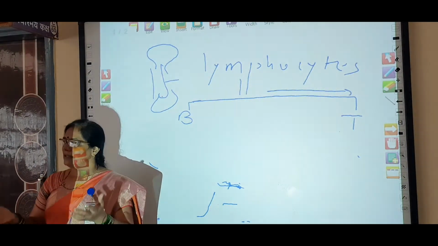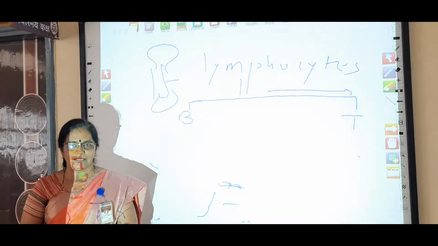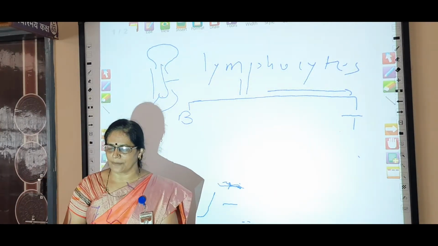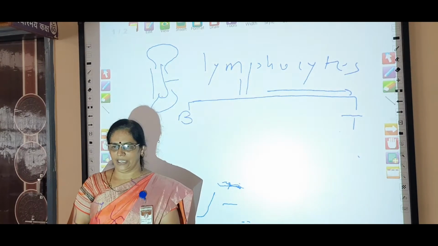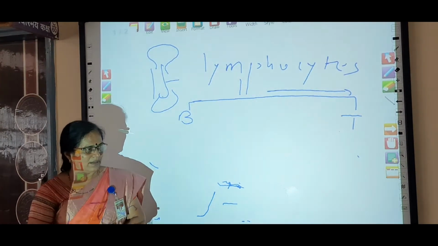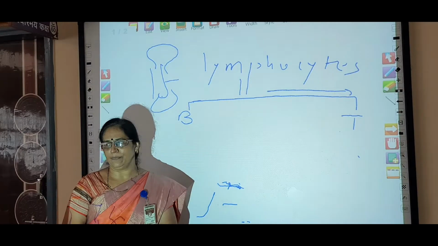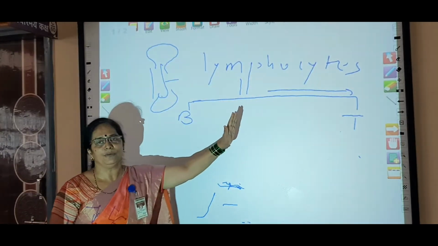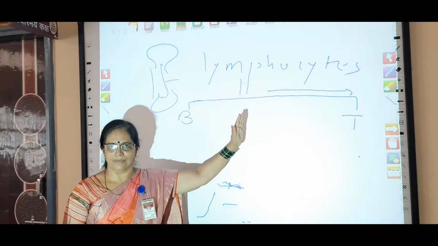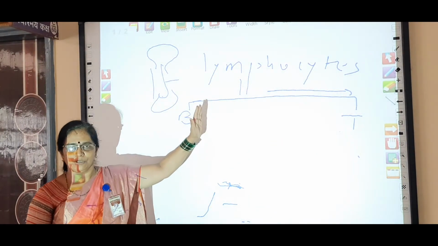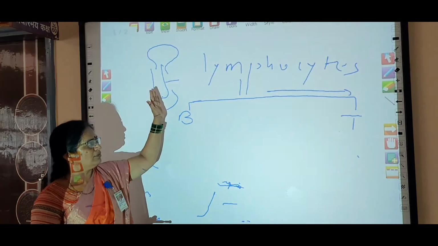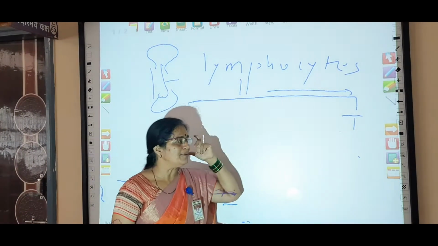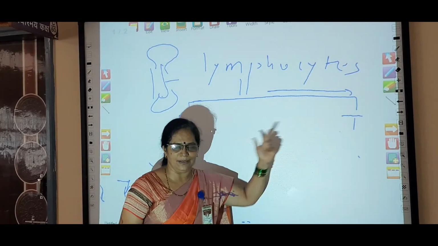You know that microorganisms are present in the air, in the soil as well as in the water, and when they enter our body, they cause diseases, and this is called the pathogen. So to fight against that pathogen, different immune cells are produced in the immune system, especially in the bone marrow, and such lymphocytes. There are two types of lymphocytes, B lymphocytes and T lymphocytes.